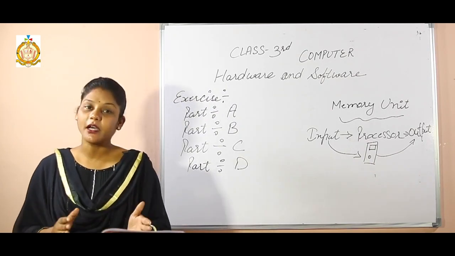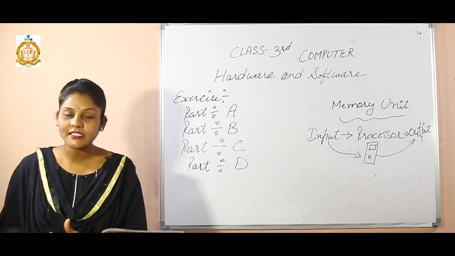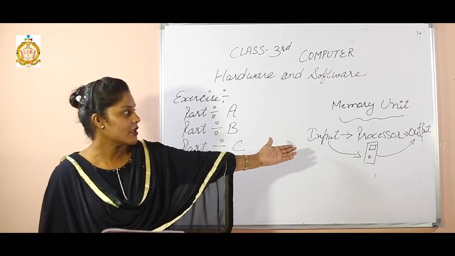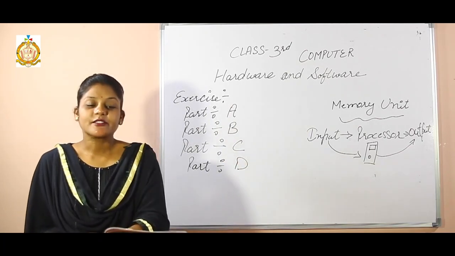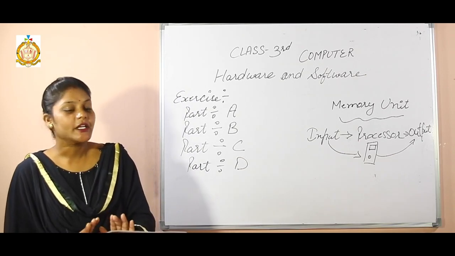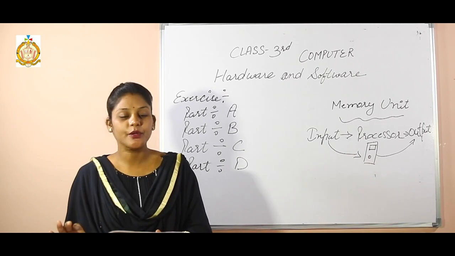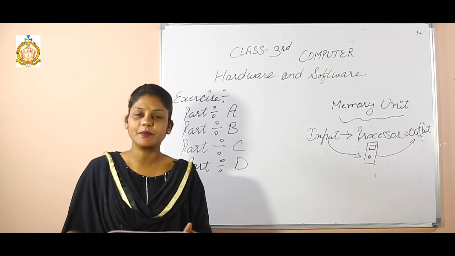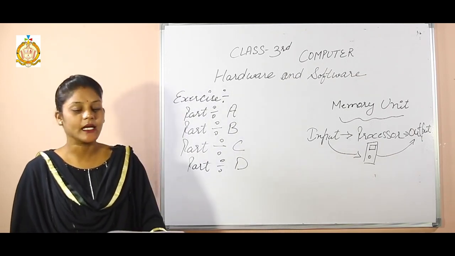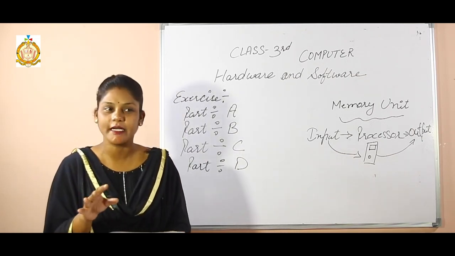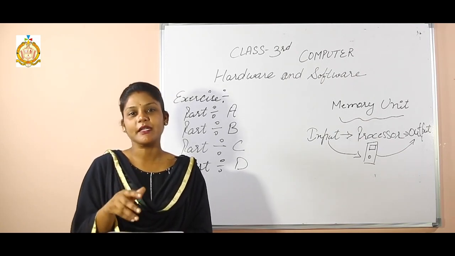Differentiate between input and output devices. That is also very easy. Define the role of various components of the CPU. That I solved on this board. Why do we need storage devices? Write the name of any two storage devices. That is also an easy part. What do you mean by software? That is the last part of your book. And explain the relation between hardware and software. That is the last one, that both complement each other.